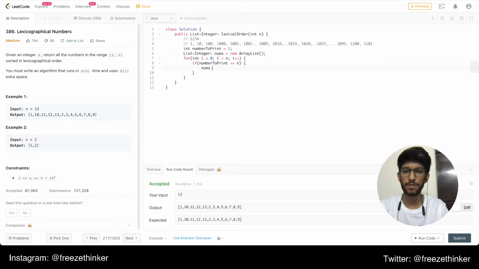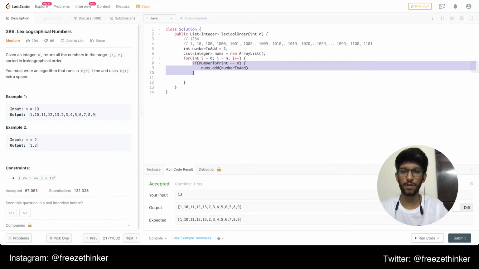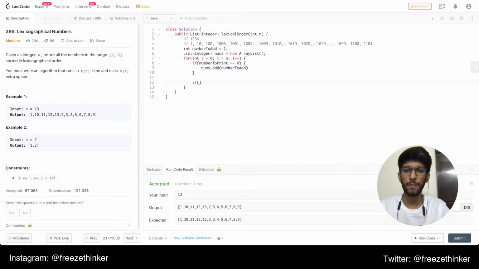so what we'll do is nums.add. Once we've added the number to the list that we are maintaining, what we need to do is increment it. This would run for every for loop. Now what we need to do is check if the number, okay, this is number to add,